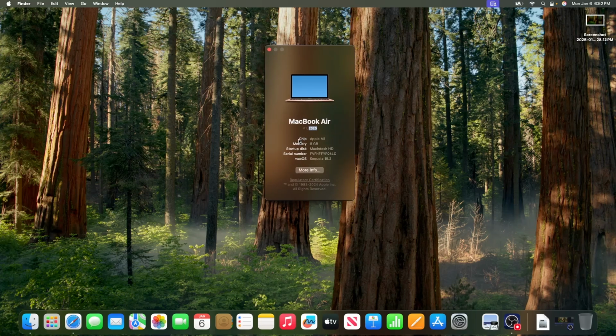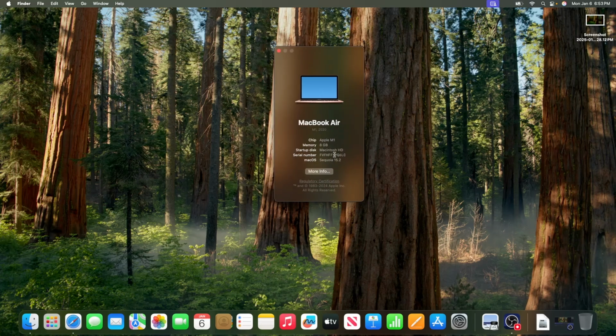Then down here, you got your chip, which, like I said earlier, is Apple M1. If you have an Intel Mac, it will say the Intel processor name there. Then right here, you got your memory. This tells you how many gigabytes of memory you have, which mine's the base. This is the base model MacBook Air, so this one only has 8 gigabytes. And then you have the startup disk. This is the disk that actually